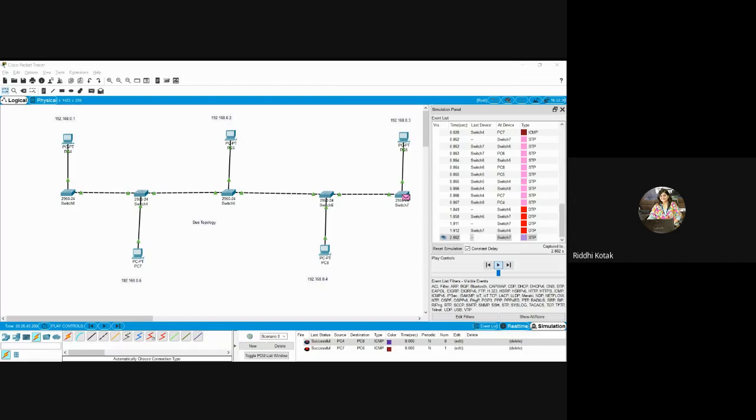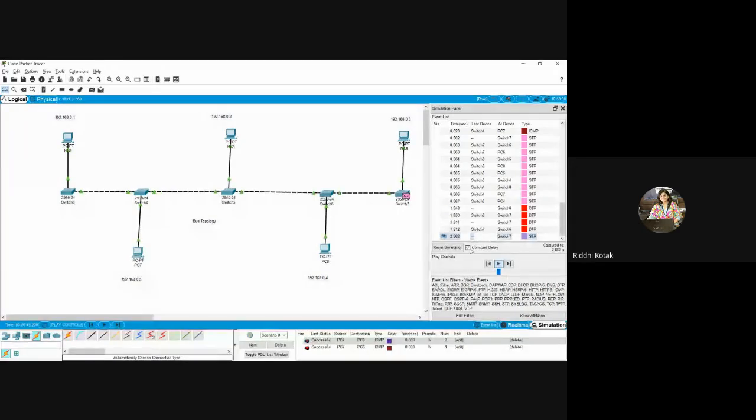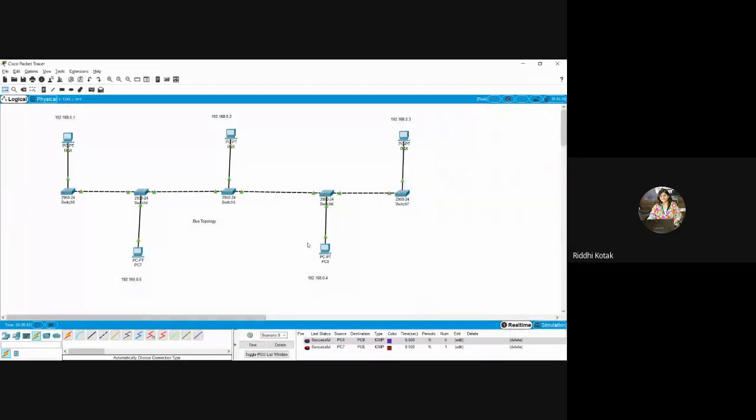See, for the star topology, let me just discuss one point. What we have discussed is that for the star topology, you need n devices, say for example PCs, and those PCs are connected with the hub. So you just go to the end devices. Over here the hub is available. You can take the PT hub, and you have to connect these PCs with this hub.